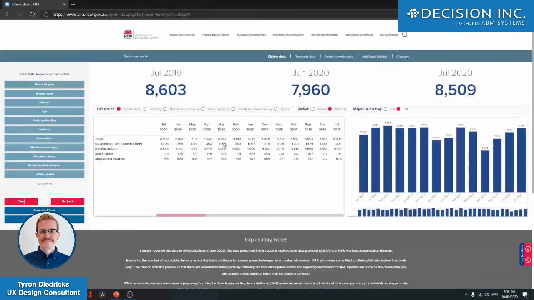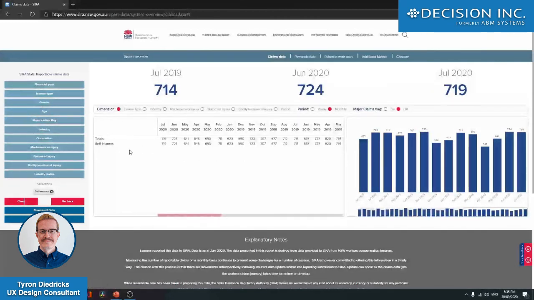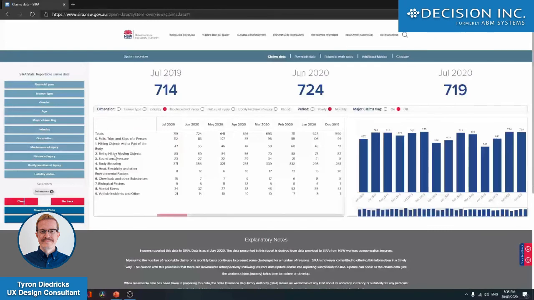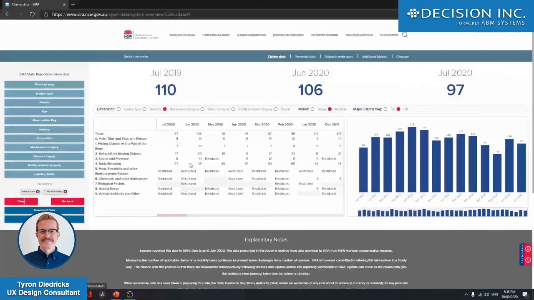And where this becomes really powerful is now we're able to take this data and get a really meaningful story out of what we saw on the front page. For instance, I might go, okay, see what's happening with self-insurers. Let's change this table to a view of the mechanism of injury. And let's go have a look at a particular industry. So let's look at manufacturing. Now, a few things have happened. Obviously, the data has been filtered down to a smaller